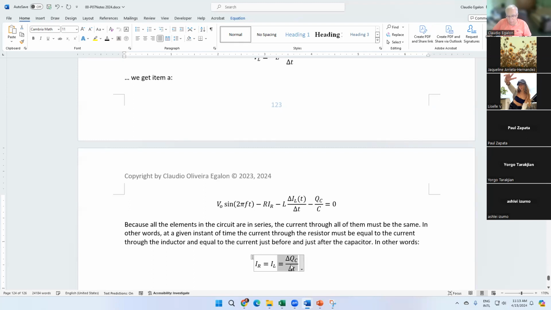This one here I call the I_C, the current just before the capacitor and just after the capacitor. Like that. Okay? This term here I call I_C. And by the way, I'm going to simplify my notation by writing that all those currents are going to be equal to I. Okay? So the equation above becomes